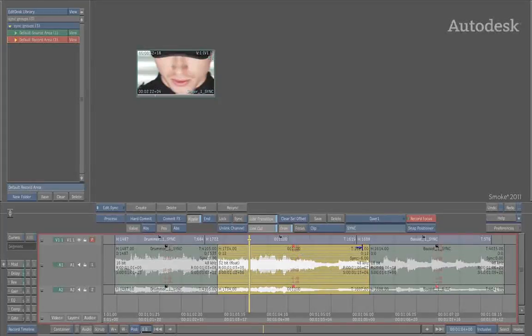It now says that the audio is out of sync by 6 frames, but that is actually the correct sync point. What you can do is simply select these points, and instead of hitting resync, which will slip the audio back into sync with the video, you simply hit reset. When you hit reset, this redefines the sync point between the audio and the video to be at this offset. So as you can see, resyncing will slip the audio back into sync with the video, whereas the